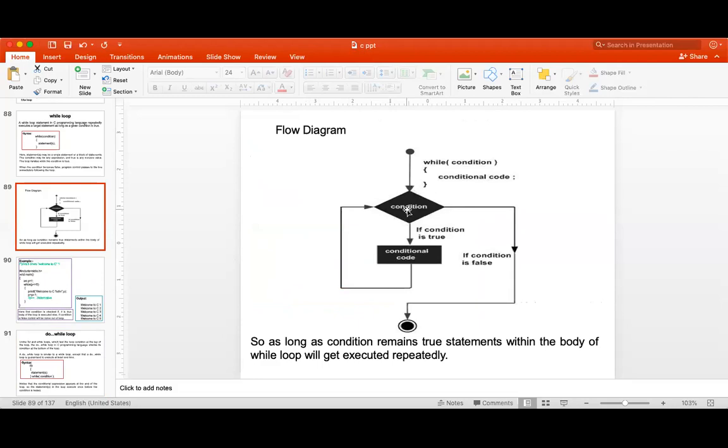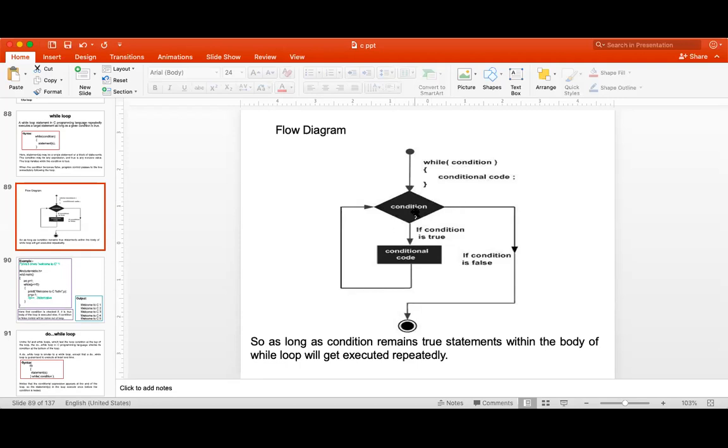If the condition is false, it will directly go to the next line. So it means that if the condition is false the first time, then zero times this conditional code will be executed. So the question is, what is the minimum number of times the while loop will execute? Zero times.